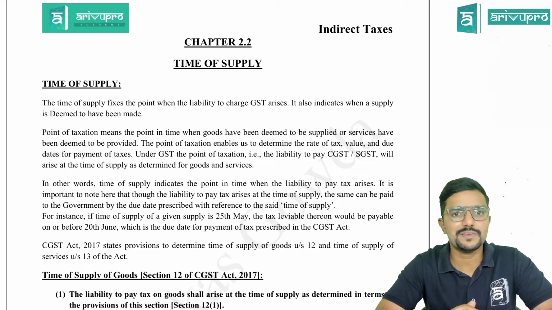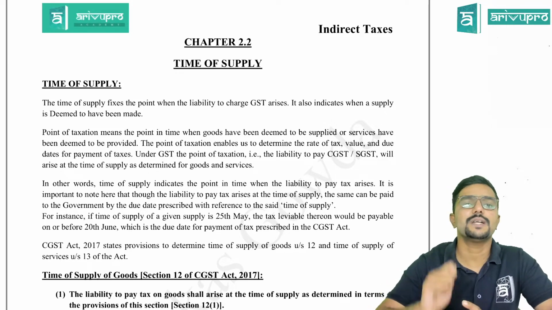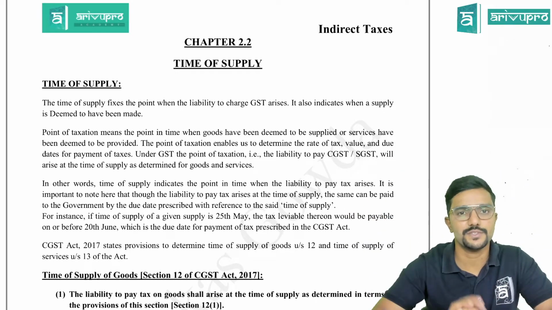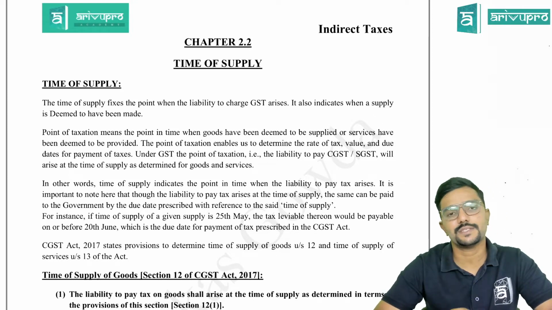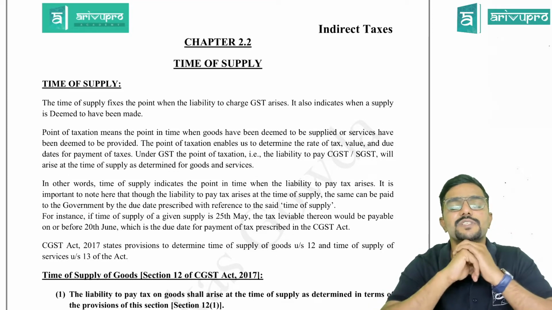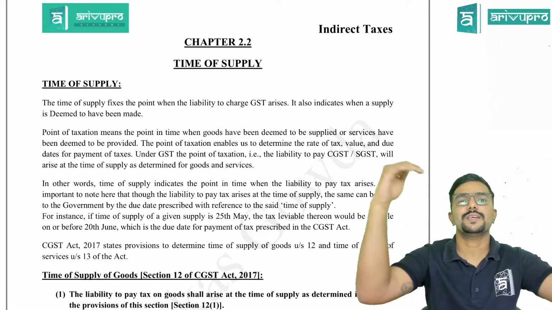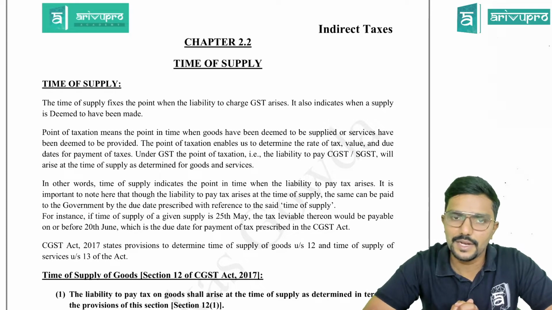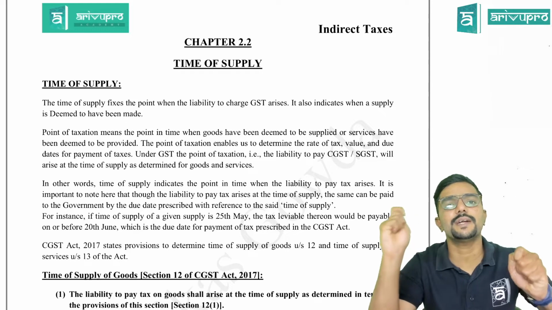See, in our previous sessions, we have learned as per section 7, what is supply, whether the supply is supply of goods or supply of services, and what is covered in the negative list. We have seen this in schedule 3. Agree? Yes, sir. Then section 9, which is a charging section, told who is liable to pay tax, whether the supplier, the recipient, or the electronic commerce operator. Agree? And section 8 covers two special supplies, that is composite supply and mixed supply.